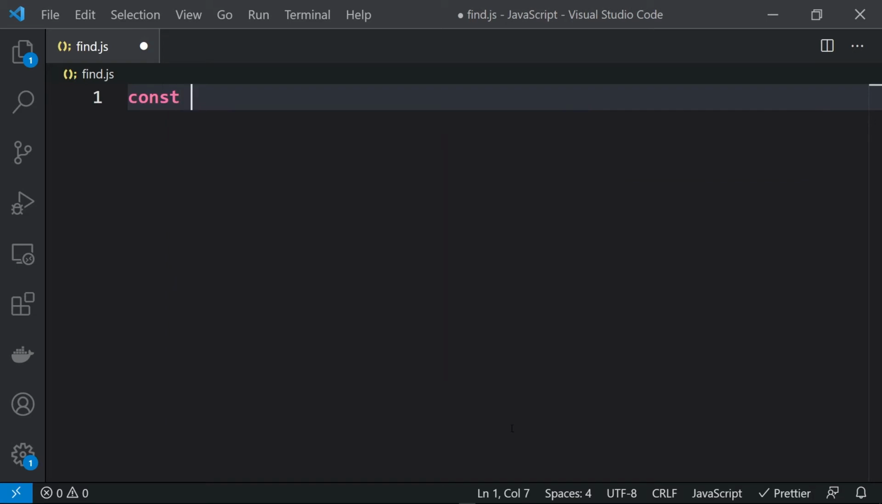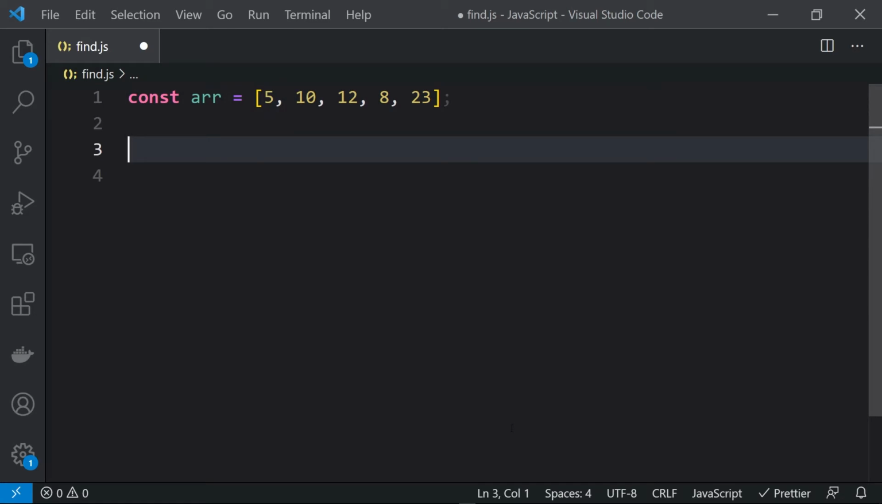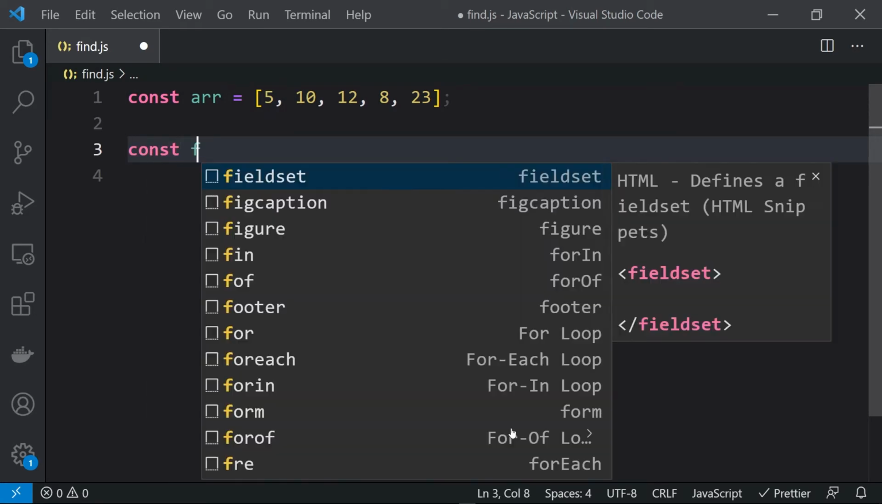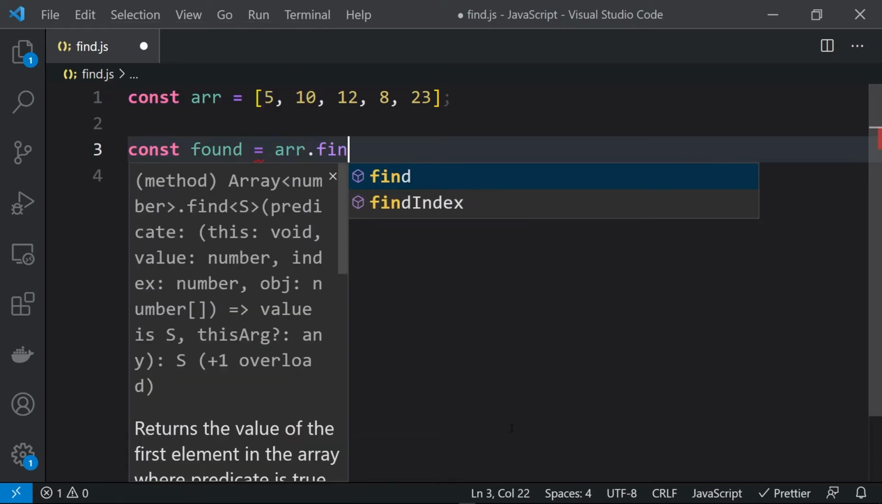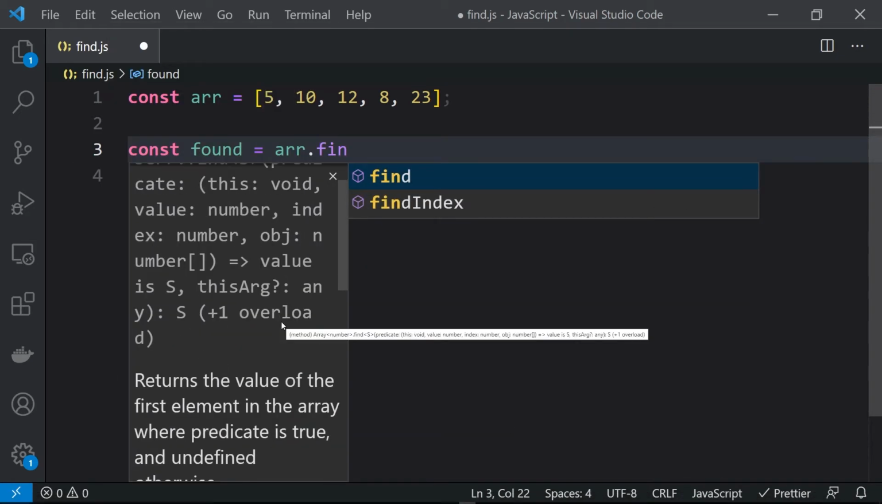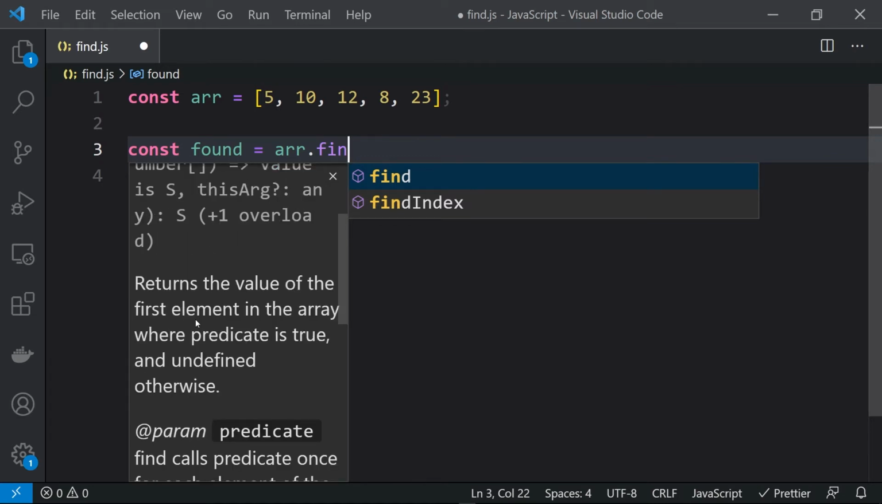We'll just take the array over here. We'll take some values: 5, 10, 12, 8, 23. Okay. And we will be using the find function. const found equals array.find over here, and here you can see that this find will take the callback function over here and it returns the value of the first element in the array where predicate is true and undefined